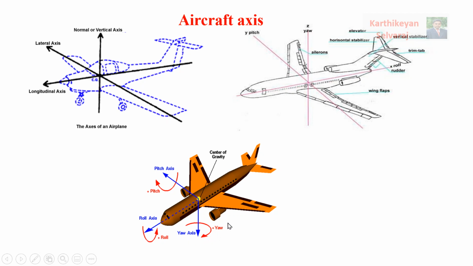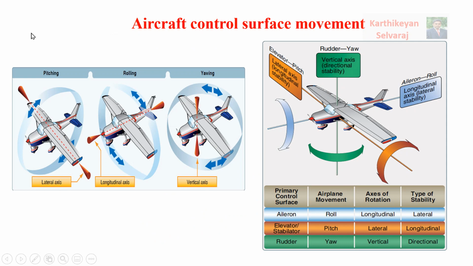So from this picture we will come to know and understand the three axes. Based on the axis, we can give the movement names, and similarly when we can say positive and when we can say negative. The same thing will be explained in detail. You can see here, this is my lateral axis. Based on the lateral axis I will experience pitching moment, and this is my longitudinal axis. Based on the longitudinal axis I will get my rolling action. This is my vertical axis. Based on the vertical axis I will get my yawing moment.